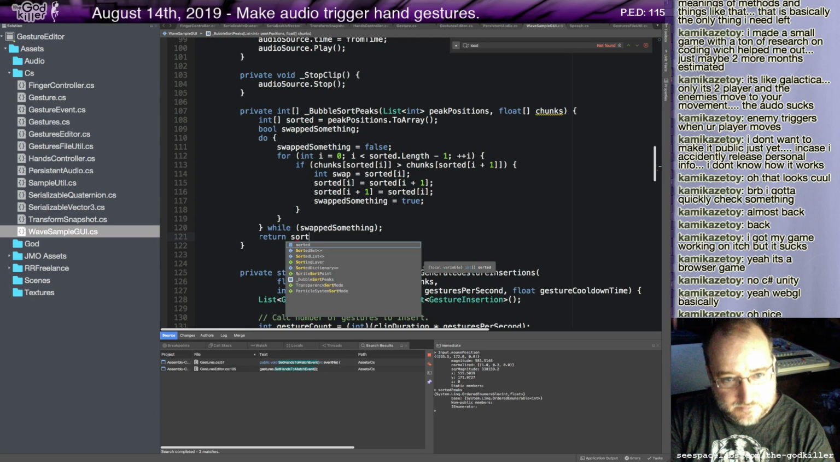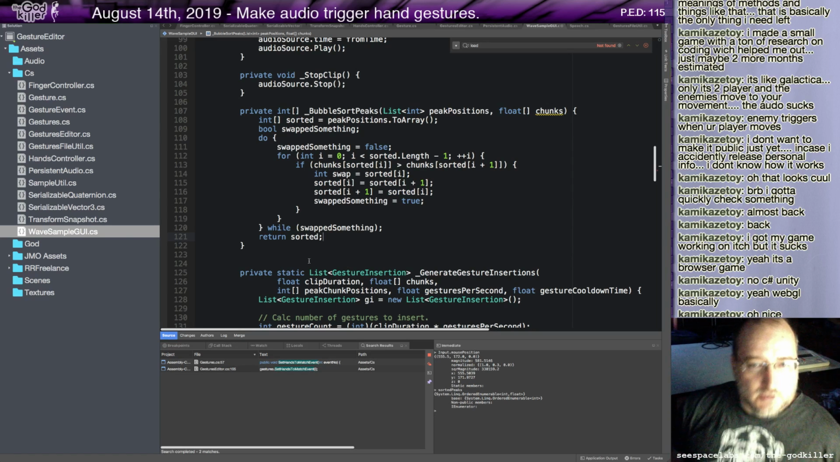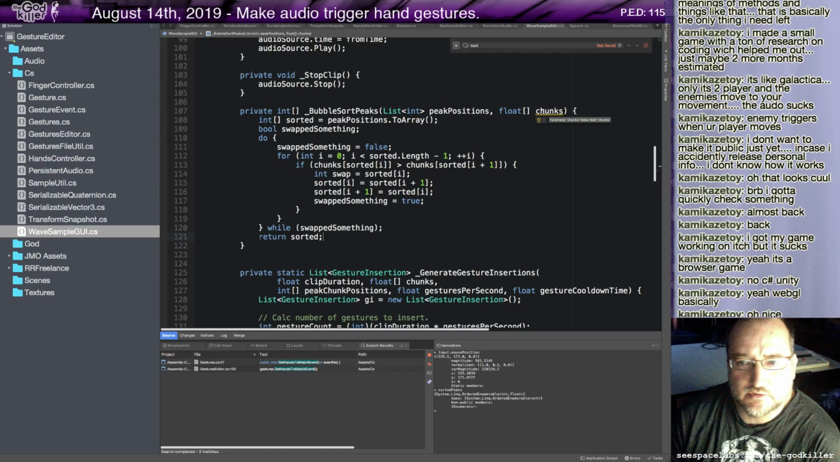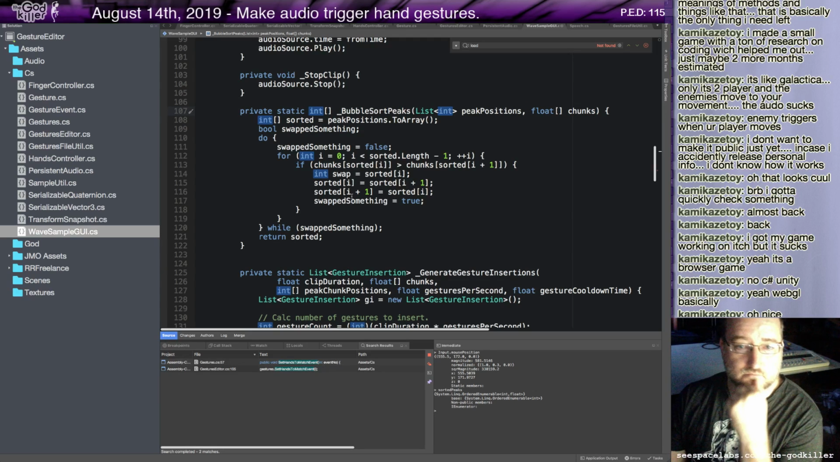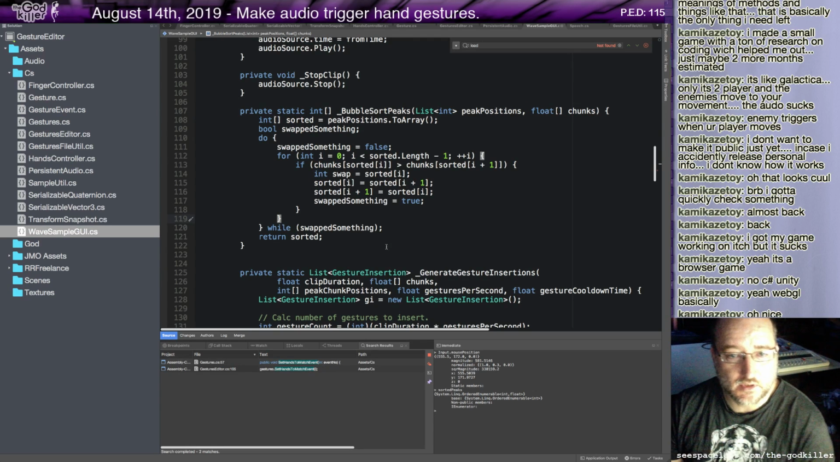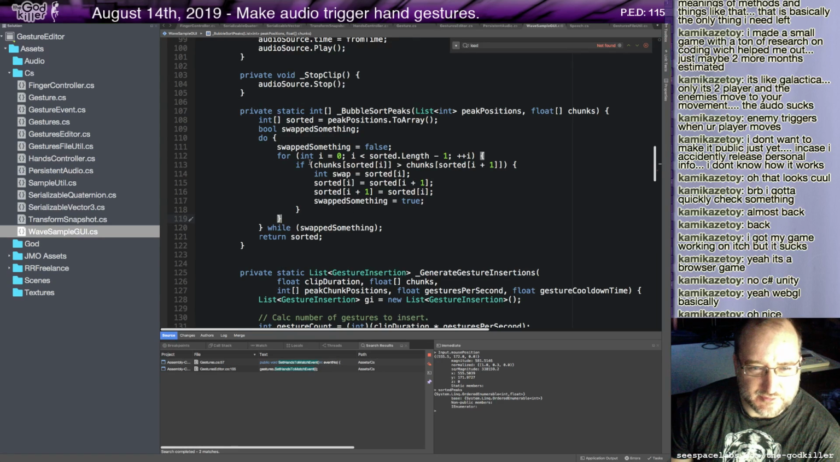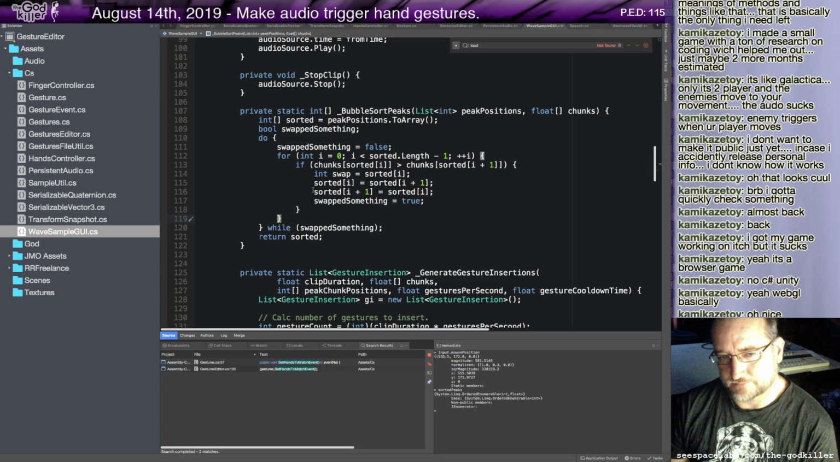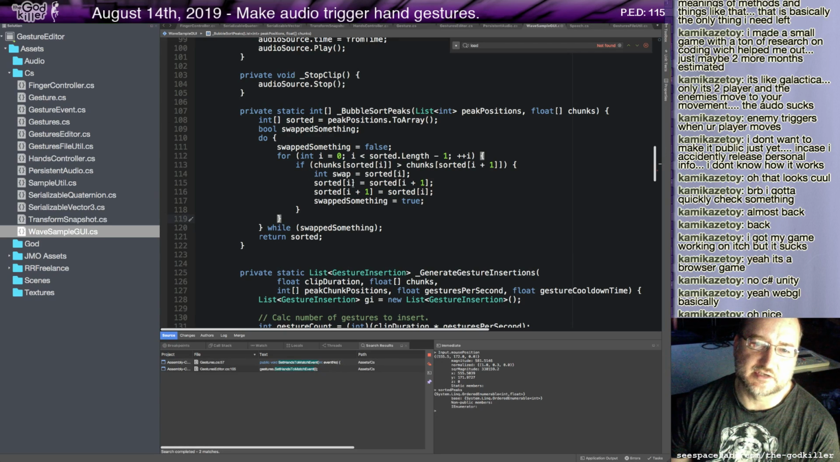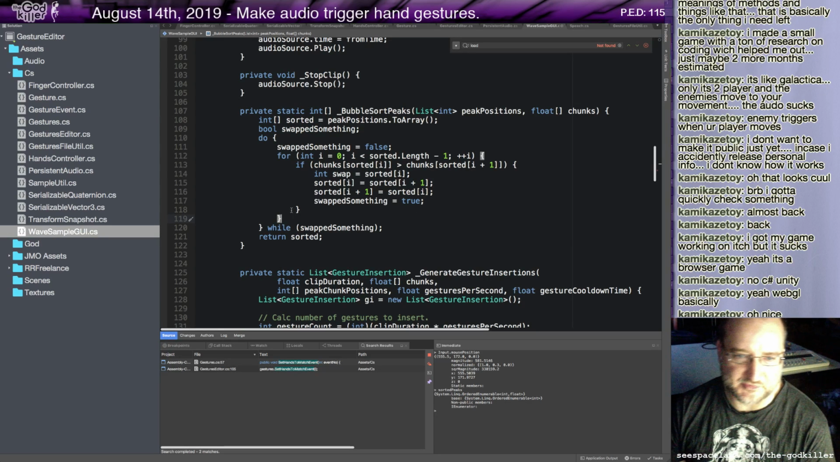Bubble sort. Okay. Okay. This is static. So, basic bubble sort. Go through all the elements at each location. I check if the current element and the next are out of order. If they are, I swap their positions. I remember that I swapped something because when I get to the end,